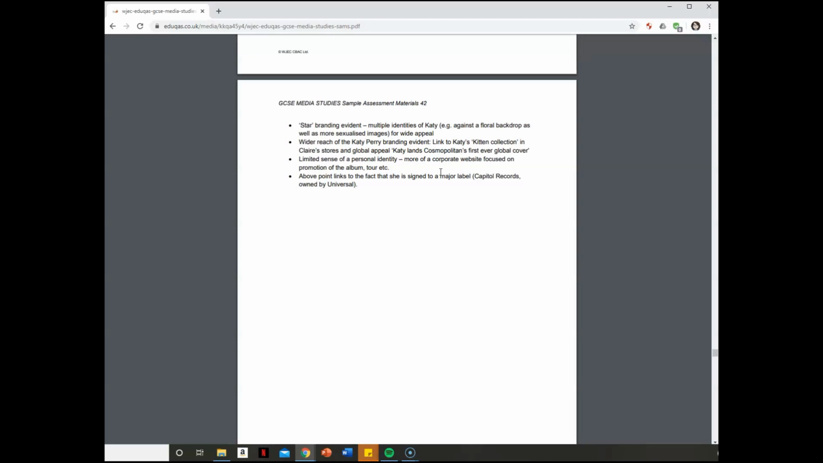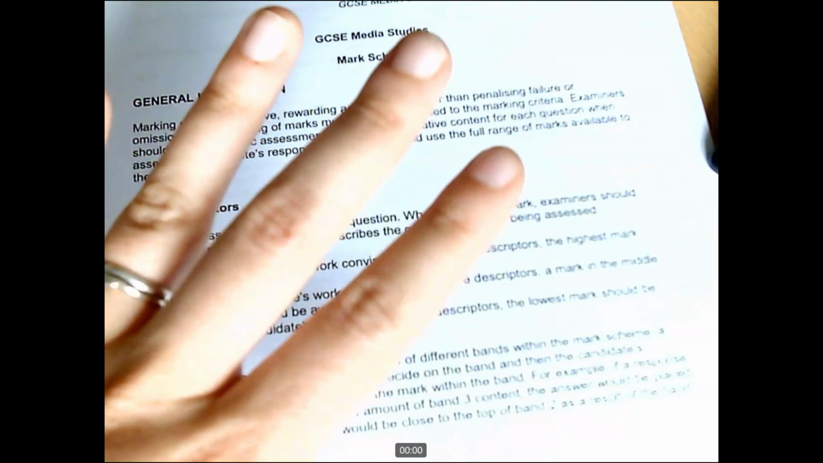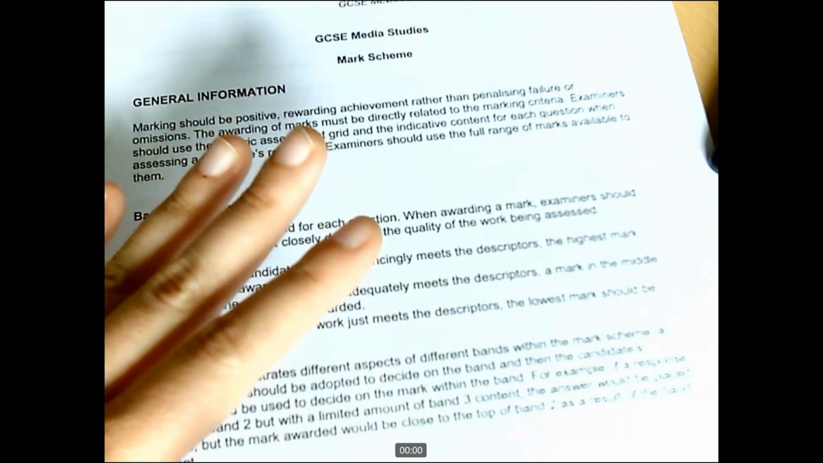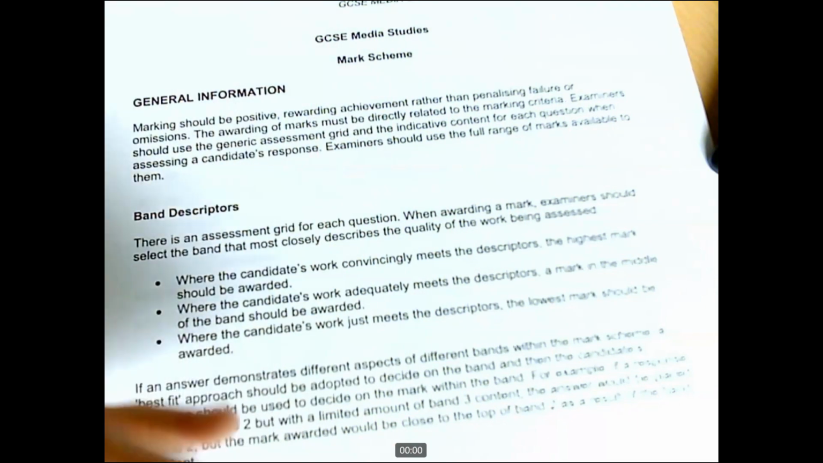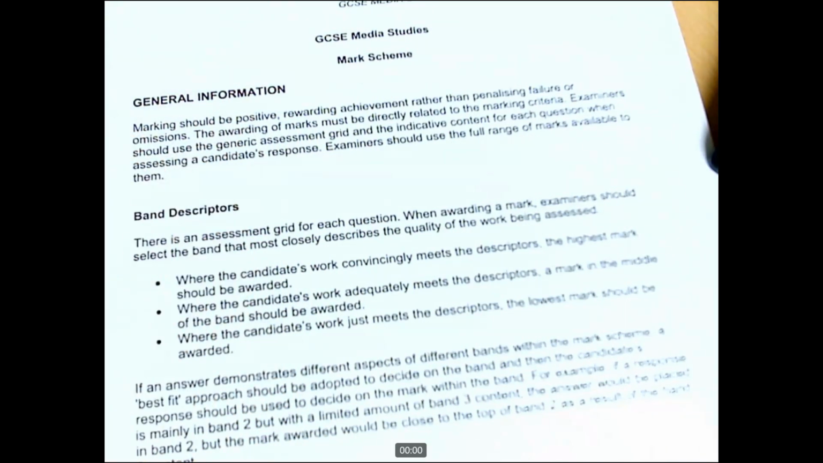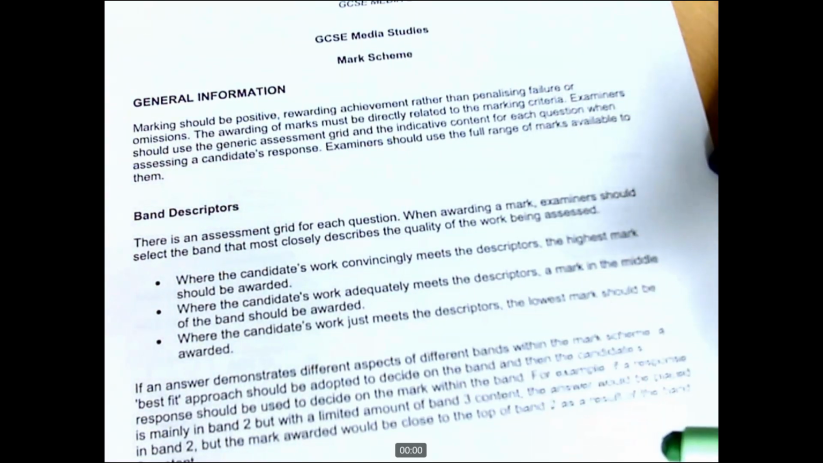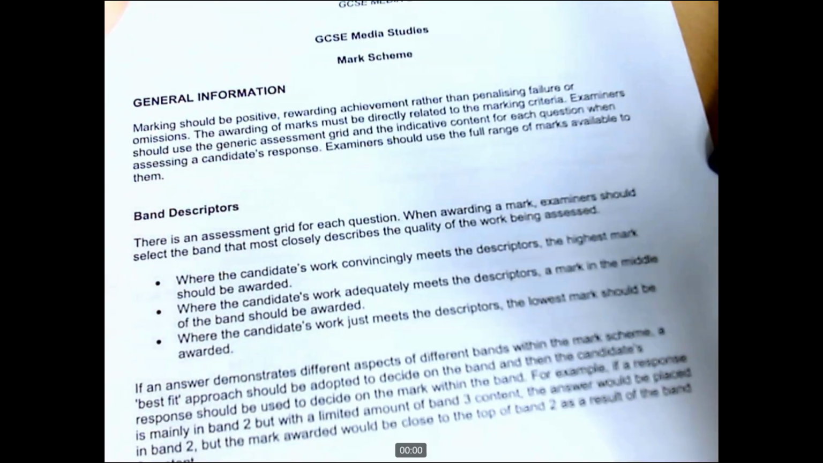Let's get back to annotating those mark schemes. So hopefully you've got your mark schemes printed off. So we'll read through these together and I'll be picking bits out as I think they're appropriate or as we go through. Okay, so this first page here is basically information prior to actually looking at either of the papers,